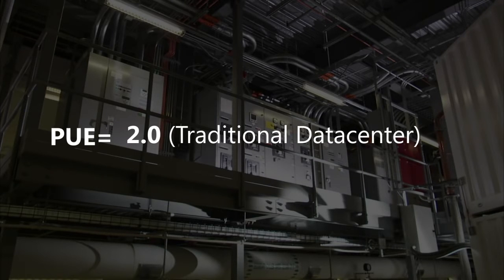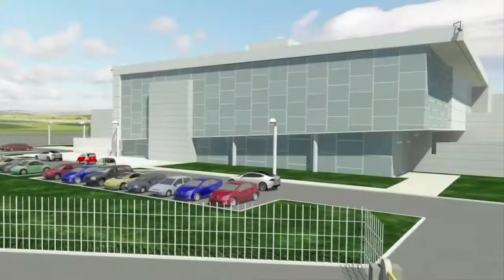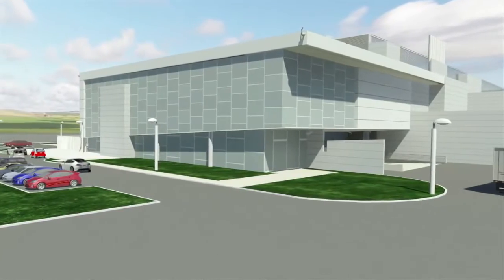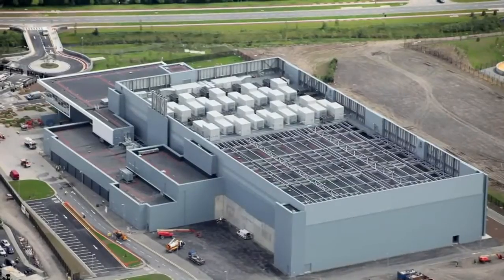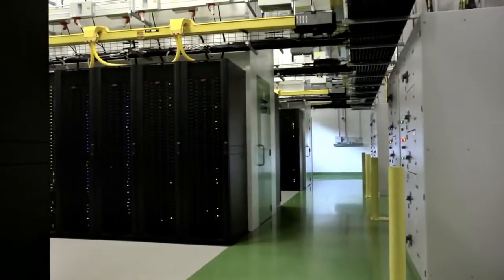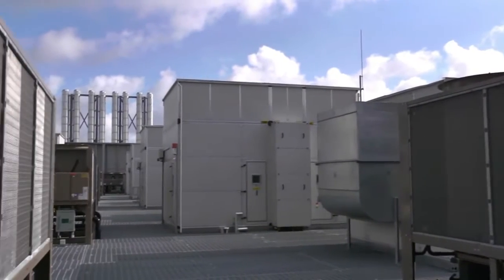This award-winning data center has a PUE from 1.15 to 1.22 for the containers in the facility. Also in 2009, we further developed the containment approach to deliver additional efficiencies in our Dublin Generation 3 facility. This facility spans approximately 7 football fields in size and deploys large-scale compute capacity contained in pods of servers, cooled by airside economization. Air handling units on the roof draw in cold outside air to provide the cooling for the